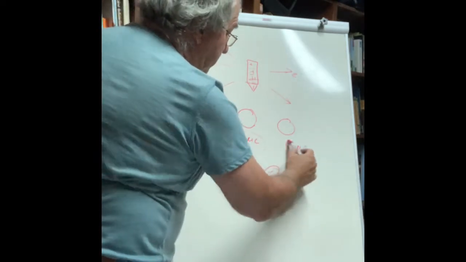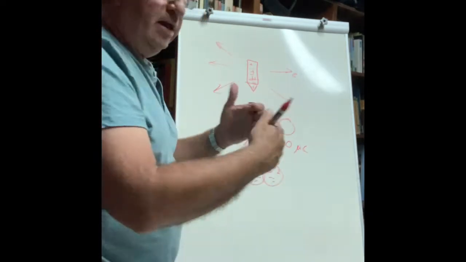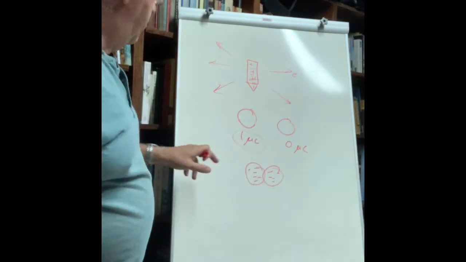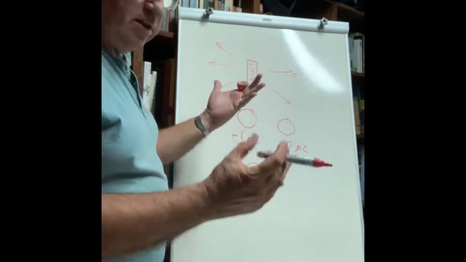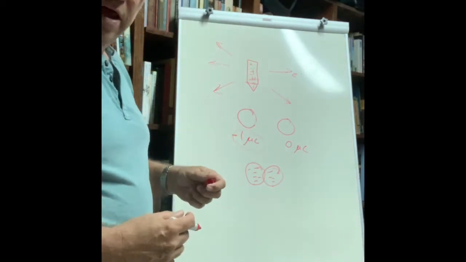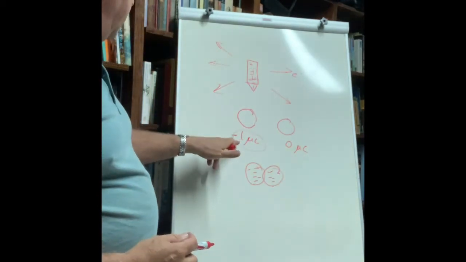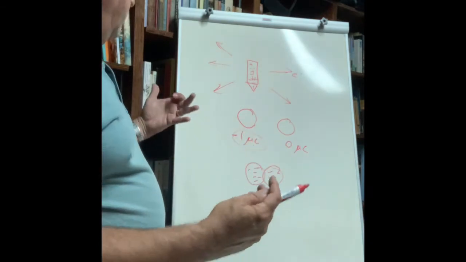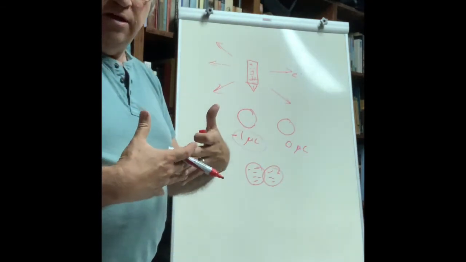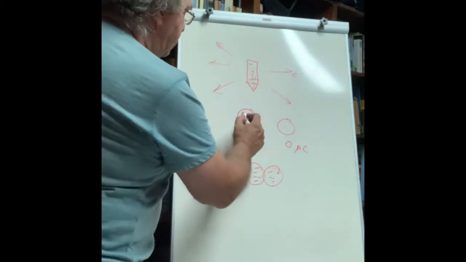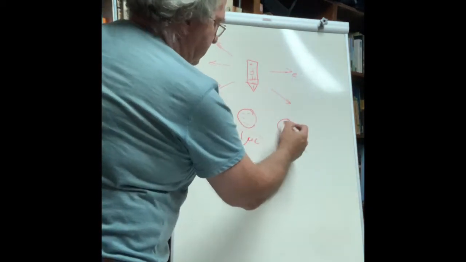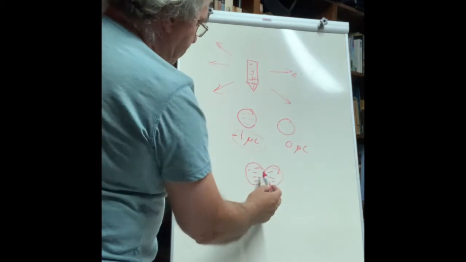If this one is now positive and that one is negative, then the charges add, say there is minus 1 microcoulomb here. If there was plus 1 microcoulomb, then the total charge was 0. If you had a negative here and a positive there, they would just neutralize each other and they would have no charge. But if, let's say, this one is negatively charged and that one is neutral, if these two touch,